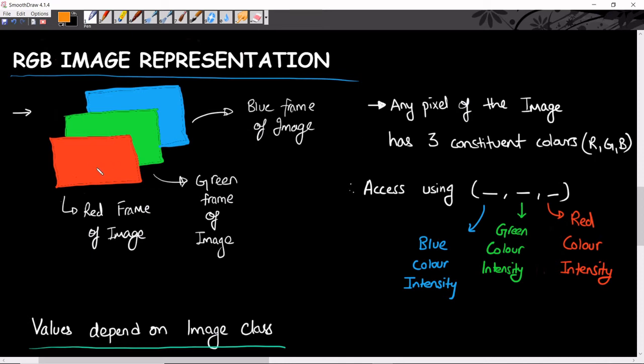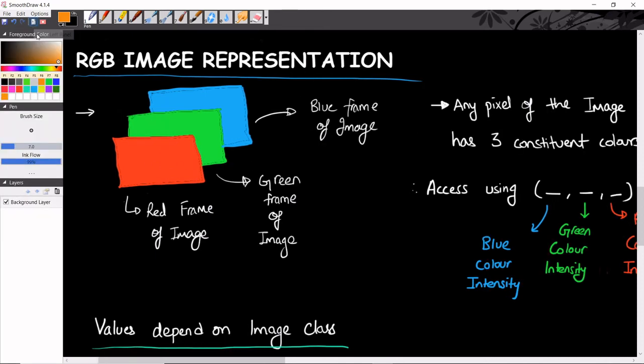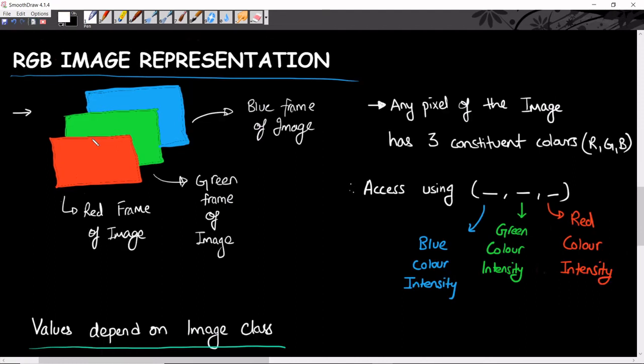Alright, so if you see, let's take a different color, maybe white. So you've got this pixel, and similarly this index pixel will also be there in your green frame, and the same thing will also be there in a blue frame. Say it's the same pixel, this is the same pixel, and this is the same pixel, and this is my axis. So any pixel like this can be accessed by three different values. It's made up of three constituent colors, your red, green and blue.